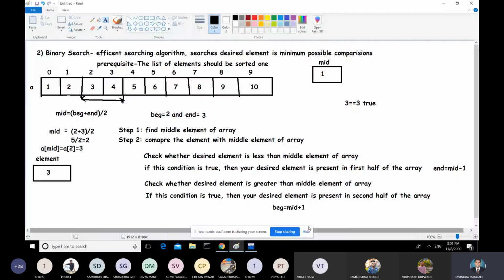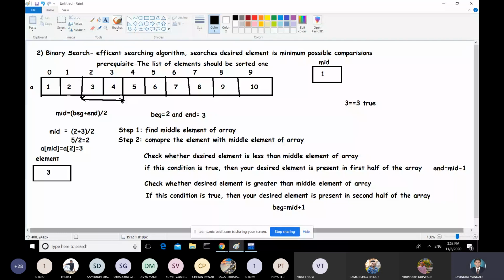These elements we have directly neglected. So 5 comparisons you have directly reduced. Then in the second step, we reduced the first half of the array. In the second step we have only 1, 2, 3, 4 in our new array, so we are only focusing on the 1, 2, 3, 4 elements. After finding the middle element and comparing, we found that our element is greater than the middle element, so we neglected the comparison with one more element.